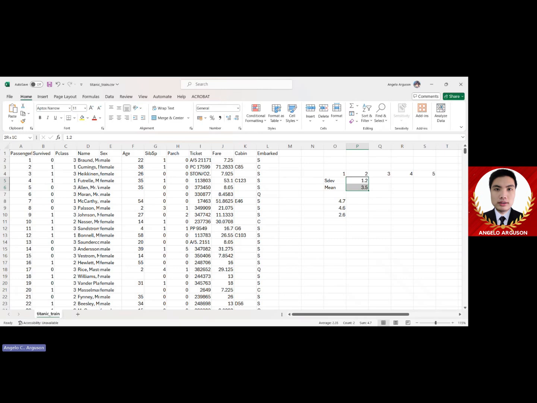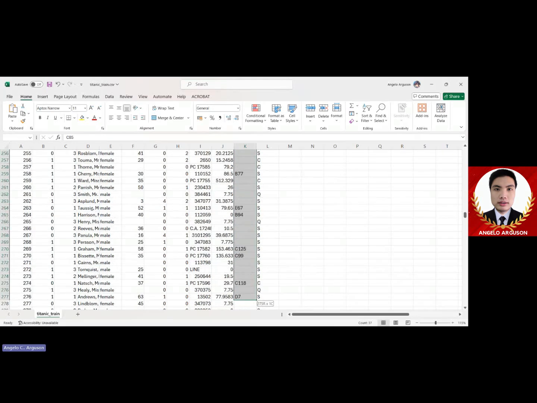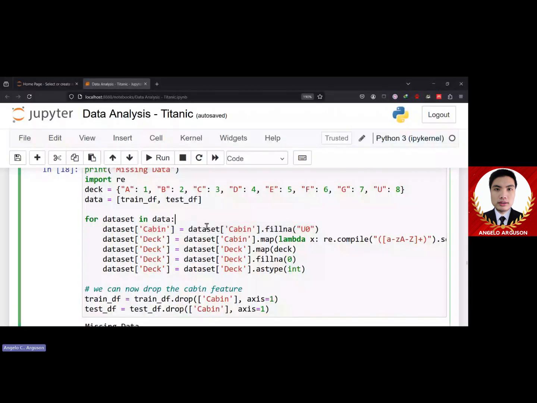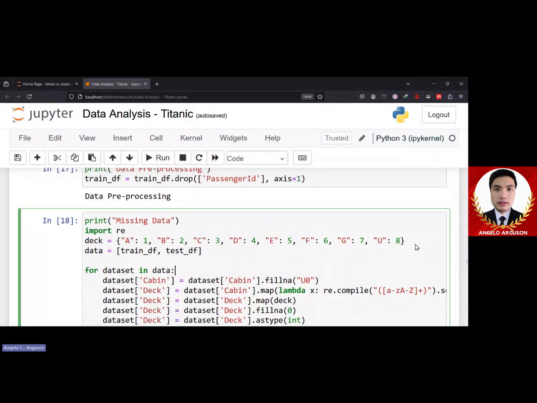So how do we do that programmatically? We need the help of randomization. Later on, we'll do that. But for now, we'll try the missing data filling on the cabin feature. If you happen to remember, the cabin had a lot of missing values in it. So let's stop sharing and then go back to the dataset. On our code, we have this missing data section for the deck,